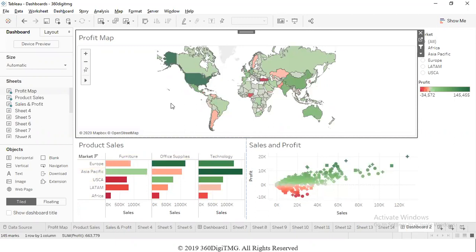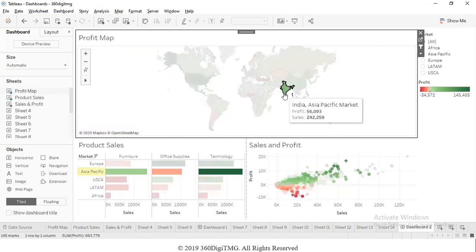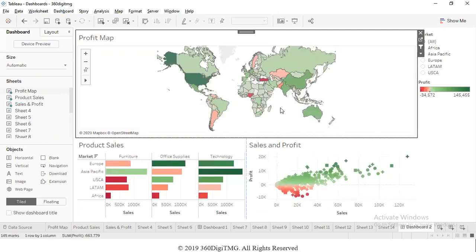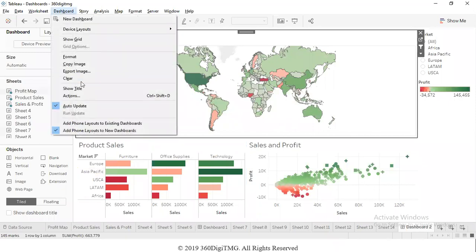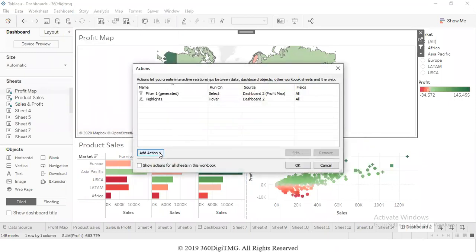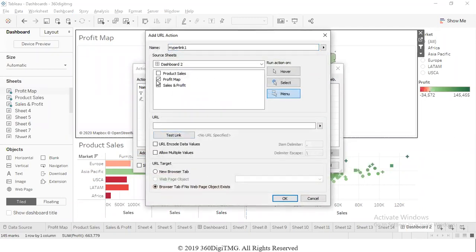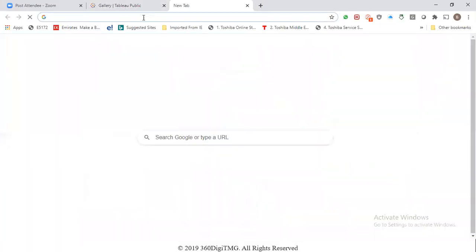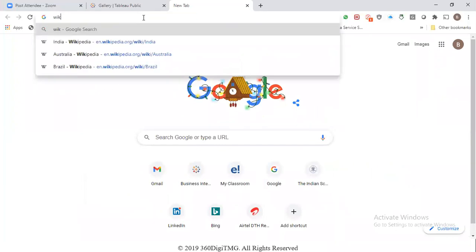We can also put some web pages over here in a Tableau dashboard. Like say, for example, when I select India, I want to see the Wikipedia homepage of India. Suppose something from the internet you want to relate to this graph. That also can be done by using actions. So I'm going to put an action which is called a go to URL action. Here the map is the source where we have data for different countries, and the target is supposed to be a web page on the internet. So what we will do is I will fetch the link.